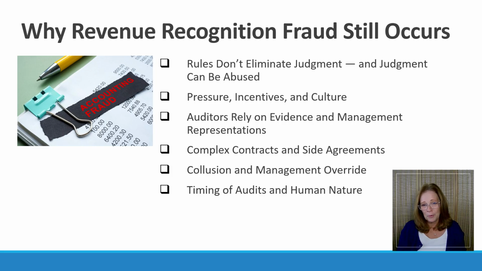Audits happen after the fact, months after the transactions. By then, evidence may be incomplete, altered, or obscured. And remember, audits aren't forensic investigations unless red flags emerge. Many frauds, like Under Armour in 2020 or Luckin Coffee in 2020, were detected through whistleblowers, analytics, or regulators, not the annual audit process. And sometimes fraud becomes so ingrained in an organization that employees don't even recognize they're doing it.